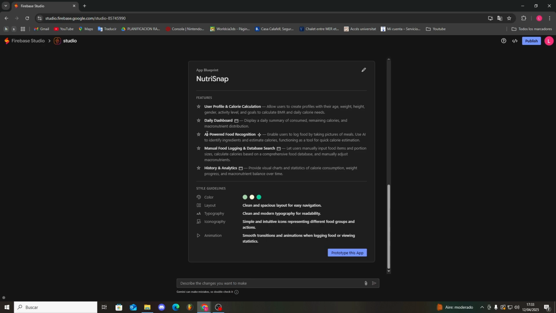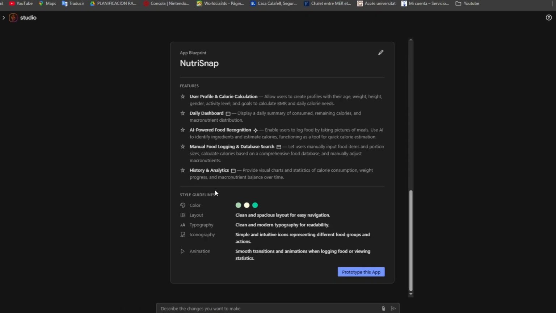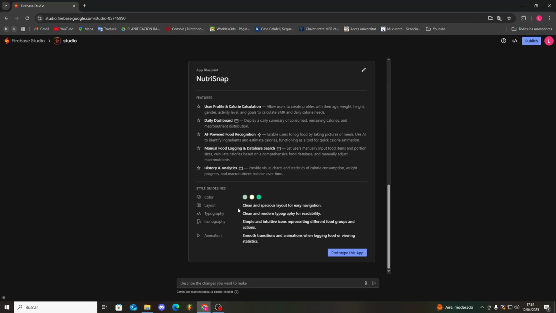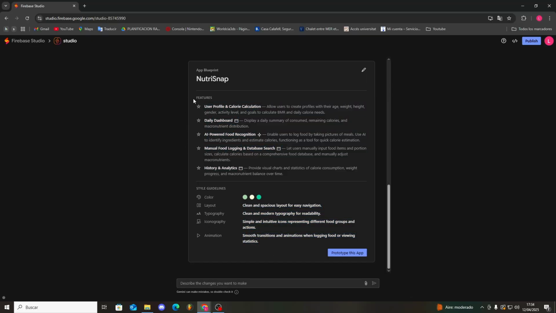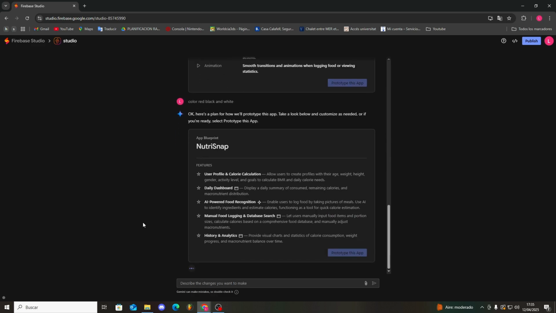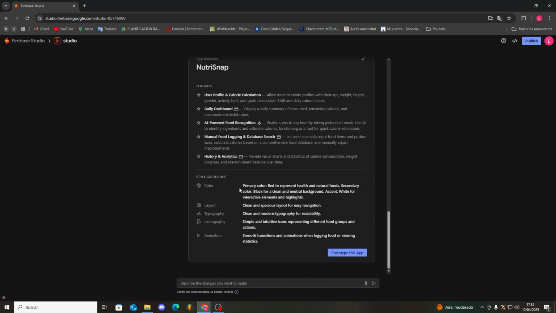If you don't like it and want to add more, you can input changes here and apply them. For example, I'll simply ask it to change the colors, and as you see, it's done, with more detailed changes shown. You can do this with any section, adding whatever you want, and when you're happy with the result, click on prototype this app. Also, for easier changes, if you have a specific idea in mind, you can add an image of what you want to create. So let's click prototype this app, and you'll see it starting to create the entire app prototype, literally coding how this app